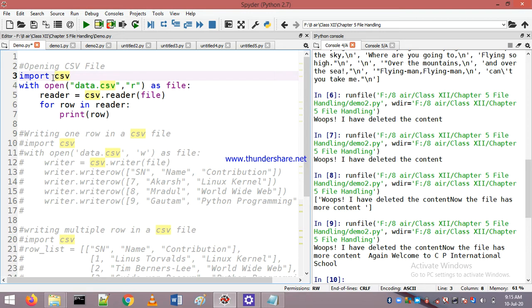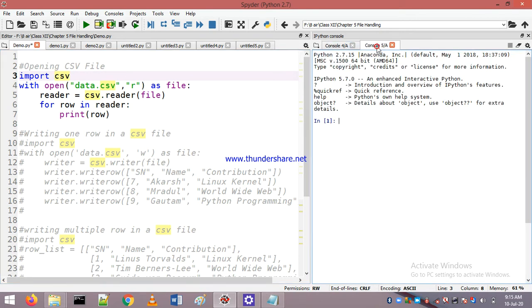The next line, for row in reader. We can print the whole file in bunch, just write print(reader). Otherwise, we can use the for loop to print each line. For row in reader means row is a variable. The reader contains 4 rows, and row will print them one by one, one row in each line. And the last one, print(row), so it will print the row-wise data in our file.